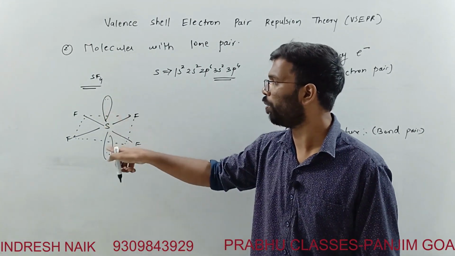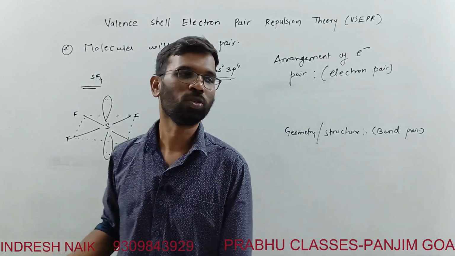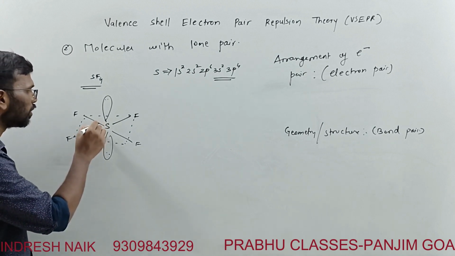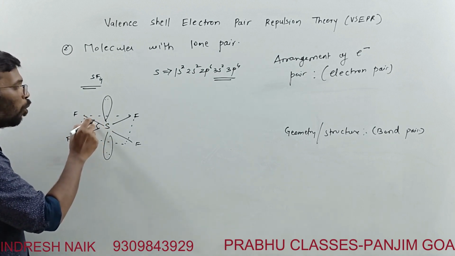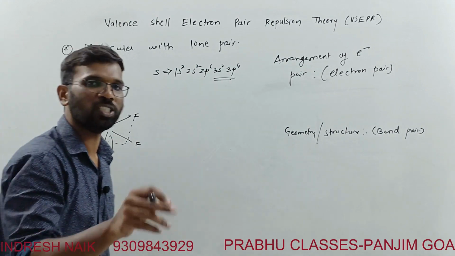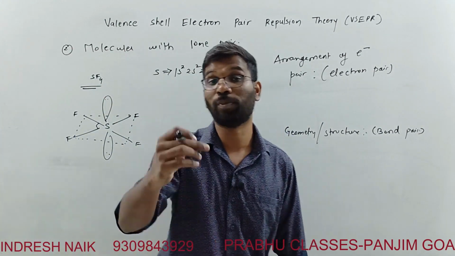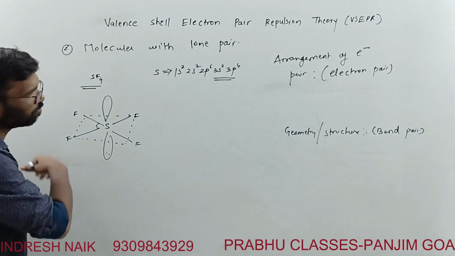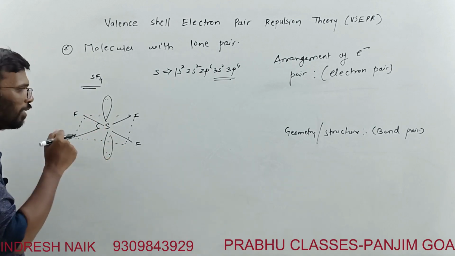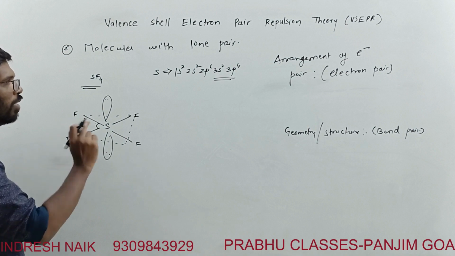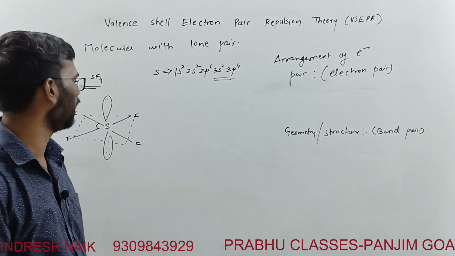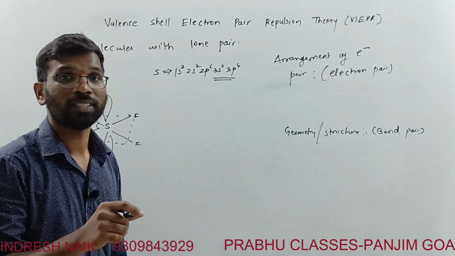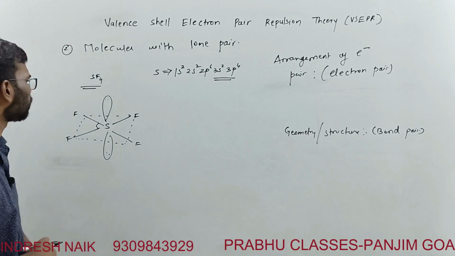So the angle between the lone pairs is 180 degrees over here. Now, what will be the geometry? You can see that the actual F-S-F bond angles are 90 degrees, which is much less than a tetrahedral angle, and much less than the bond angle of water. Why? Here the overall electron pairs have increased. There are 6 electron pairs, whereas in the earlier case of water there were just 4 electron pairs, right? So as the number of electron pairs increases, the bond angles decrease.